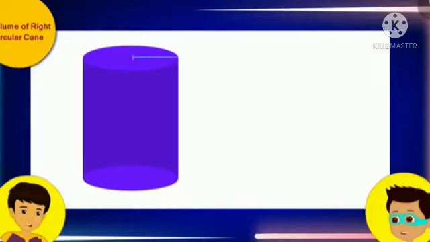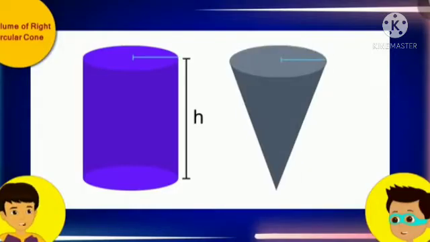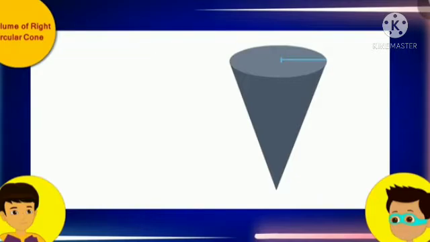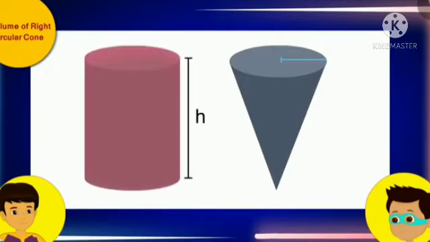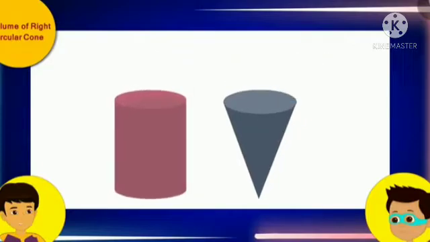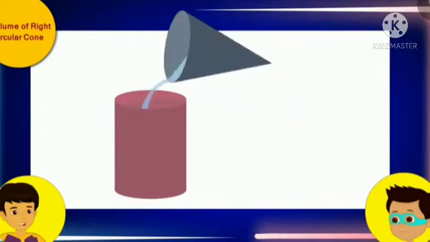Thomas, can you bring a cylindrical vessel whose height and radius of the base are equal to this right circular conical vessel? Of course, I'll bring it right away. Here, take this, Manas. Thomas, now we will first fill this right circular conical vessel completely with water up to the brim and pour this water into this cylindrical vessel.